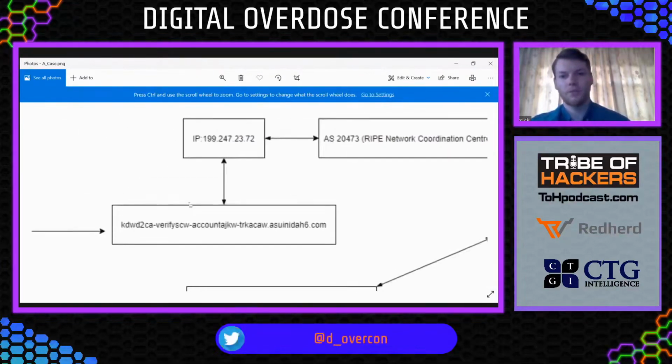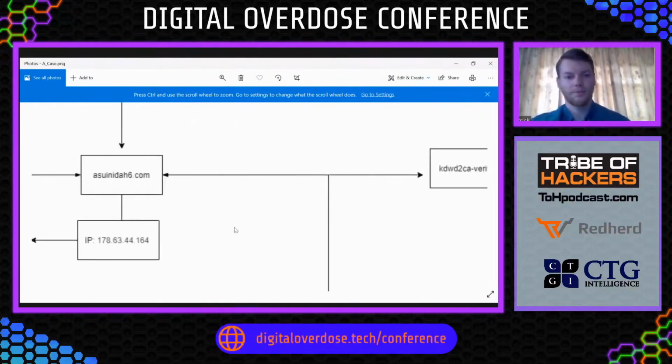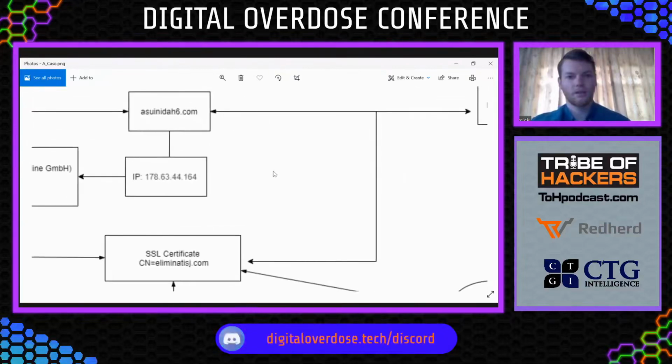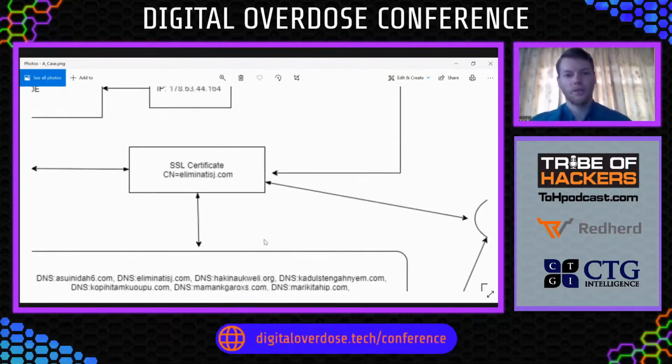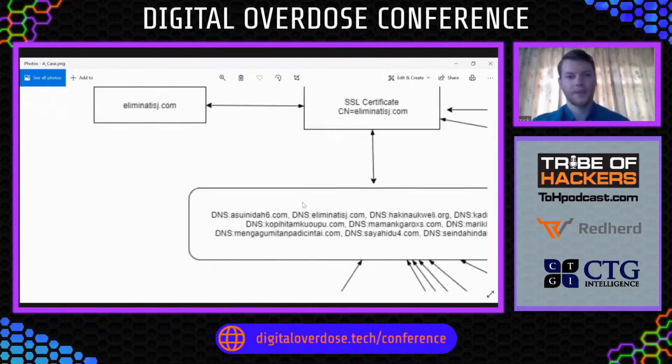Going then to another subdomain, I'm going to see the IP and also the hosting provider. And then for each domain, I'm checking also the SSL certificates. And for this one, I was able to see that the certificate was issued for another domain, which is connected to other domains.